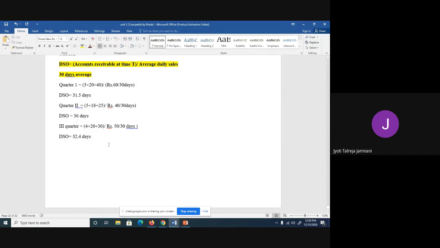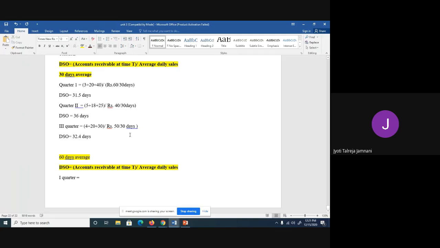Now we'll do 60 days average. I've finished 30 days average. Now we'll do 60 days average. In case of 60 days average, we have to take average daily sales for 60 days using the same formula. First quarter is equal to,